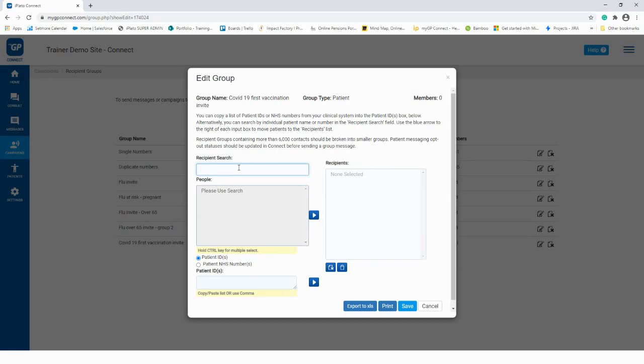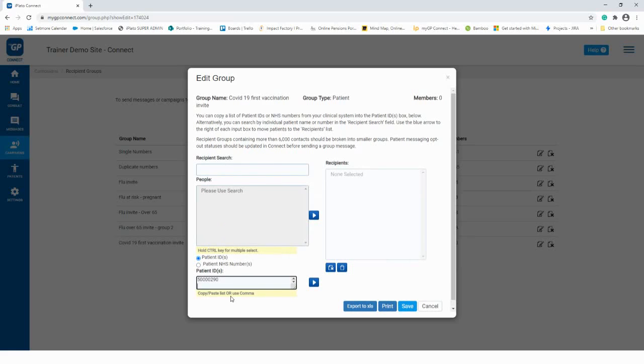But generally speaking, when dealing with a health campaign, we might be dealing with more patients. So we want to keep things nice and easy for ourselves. For those of you eagle-eyed, you may have already spotted that in the bottom left here, we have a box saying patient IDs. This is what we're going to use in order to build our group. Again, System 1 users, you'll have the same box here. You just need to change that to patient NHS numbers in order for the system to accept the NHS numbers there. I'm going to leave it on patient IDs because I'm going to paste in the IDs that I copied